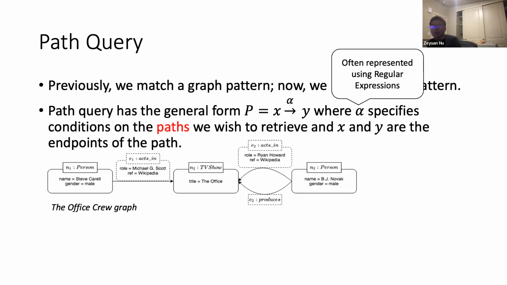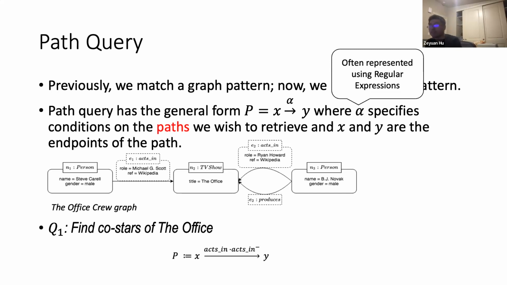Let's take a look at an example. Here we have our running example of the Office crew graph, and our query is: find co-stars of the Office. Here we're basically asking whether there's another person that one person goes to, with a condition like acting-in followed by acting-in with a minus. The dot in the regular expression means concatenation, meaning that we put two labels together side by side. And this minus means